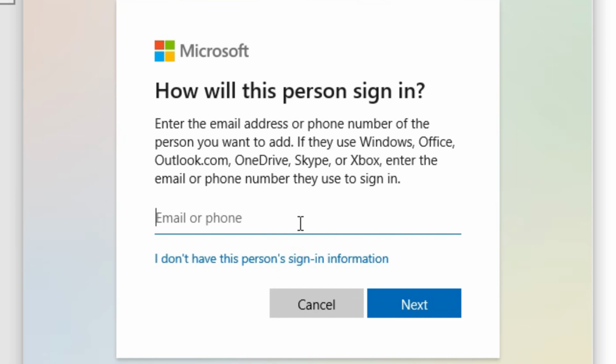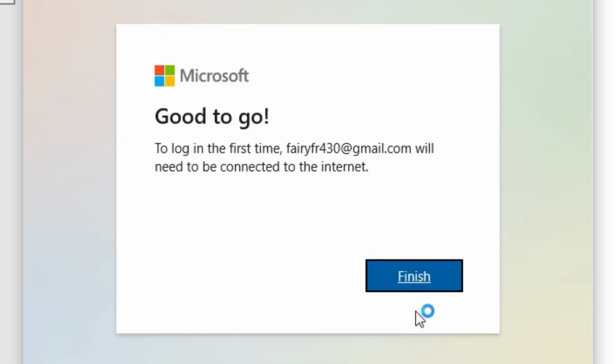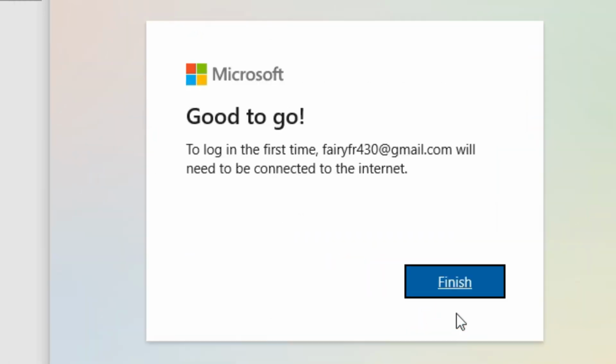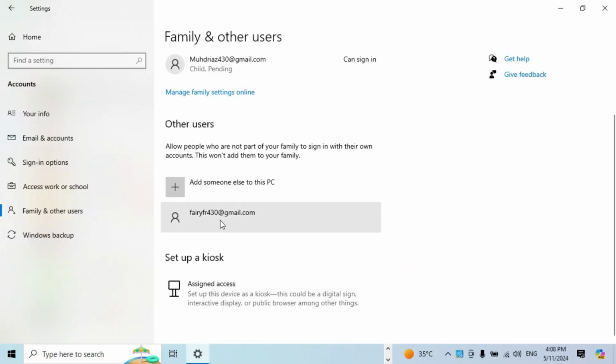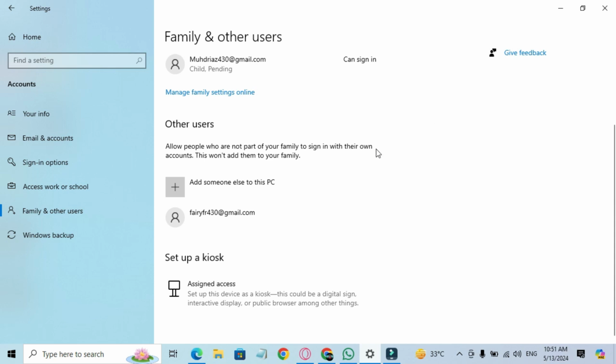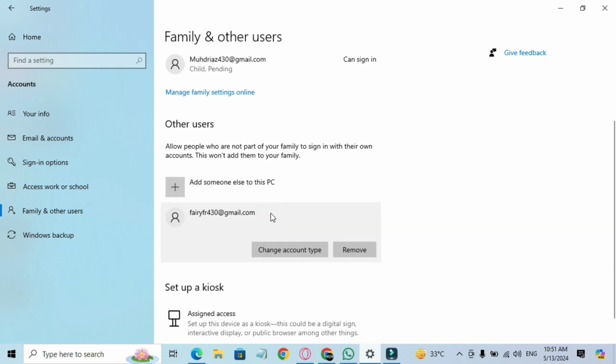Enter the person's email address and click Next. This address should be tied to the person's Microsoft account. Click Finish. To give a user admin permissions, just click on that user account and press the Change Account Type